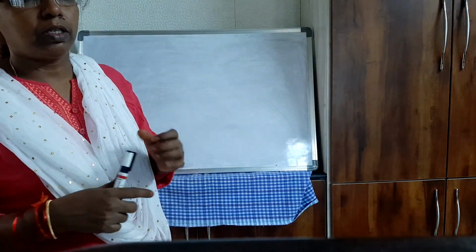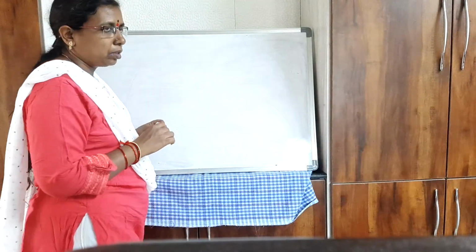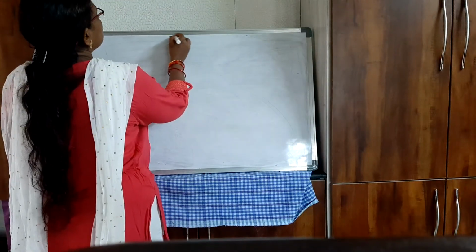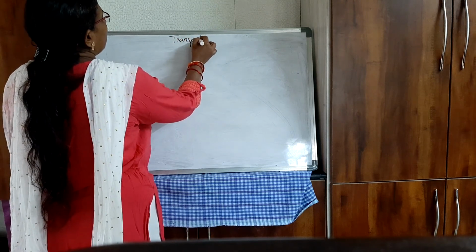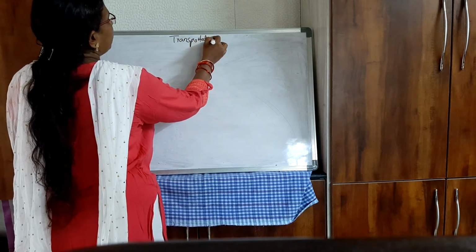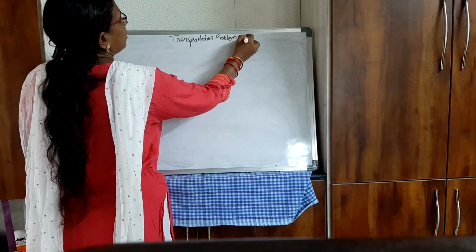Now we will be seeing how to allocate these units. These are called allocation methods. We will be seeing the different types of allocation methods. In this type of allocation methods, there are different types of problems. The first one is the transportation problem. In OR you have another type of problem known as the transportation problem, abbreviated as TP.